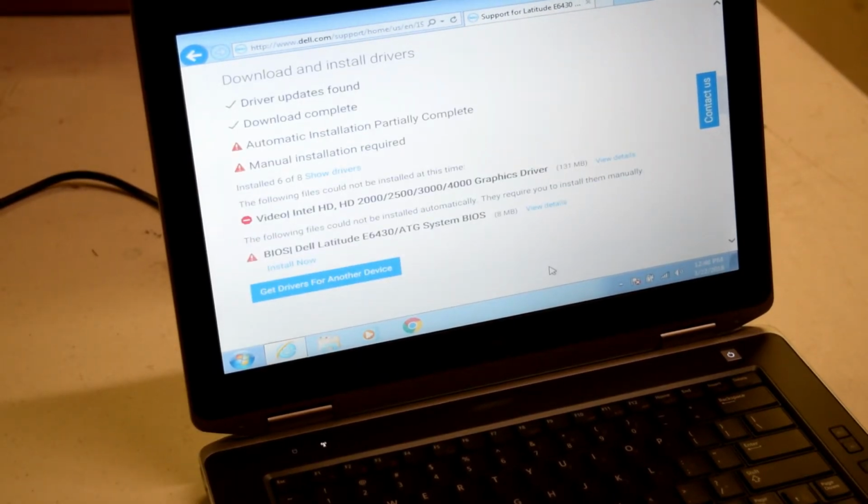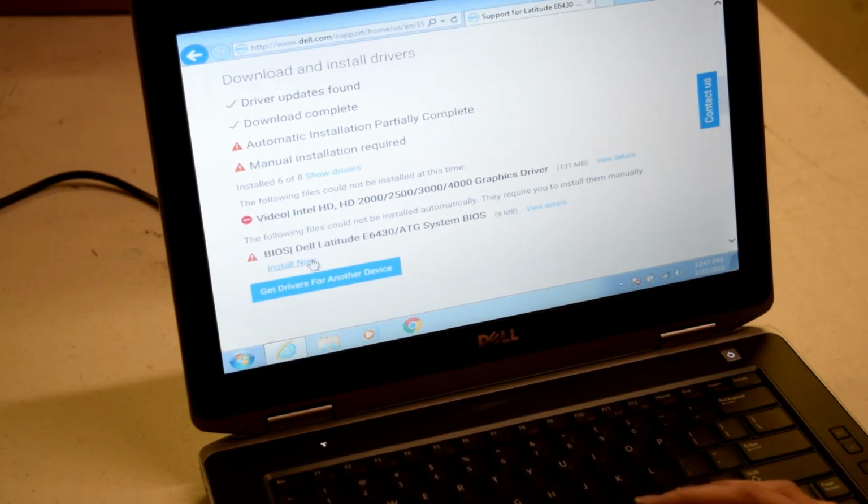Okay, the drivers are done installing, and you get a summary sheet. It gives you an update of exactly what happened. In our case, it talks about the updates that were found. The download is complete. It does have one BIOS driver that has a button that says install now. Most of this is pretty obvious. You can follow through. We have one down here that you can click on and install manually, and we'll go ahead and do that. So we're going to click on install now